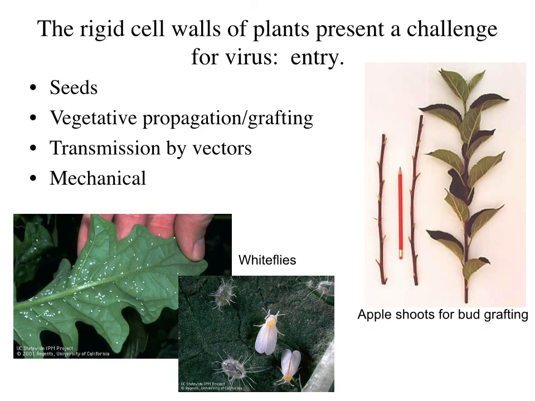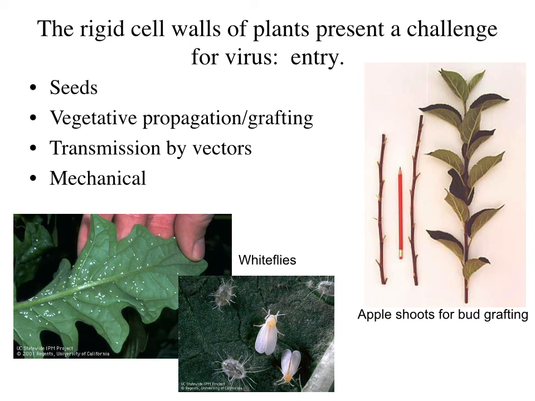The rigid cell walls of plants can make it difficult for a virus to enter, but there are many routes by which plant viruses can be transmitted. Seeds may transmit virus infection either by external contamination of the seed with virus particles or by infection of the living tissues of the embryo. Transmission by this route leads to early season outbreaks of disease in new crops. The disease may be focal in distribution initially, but may eventually be transmitted to the remainder of the crop by